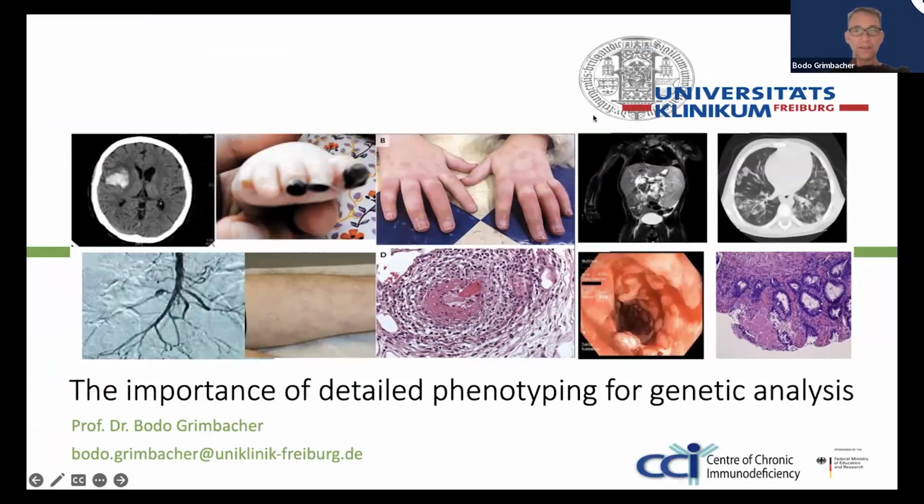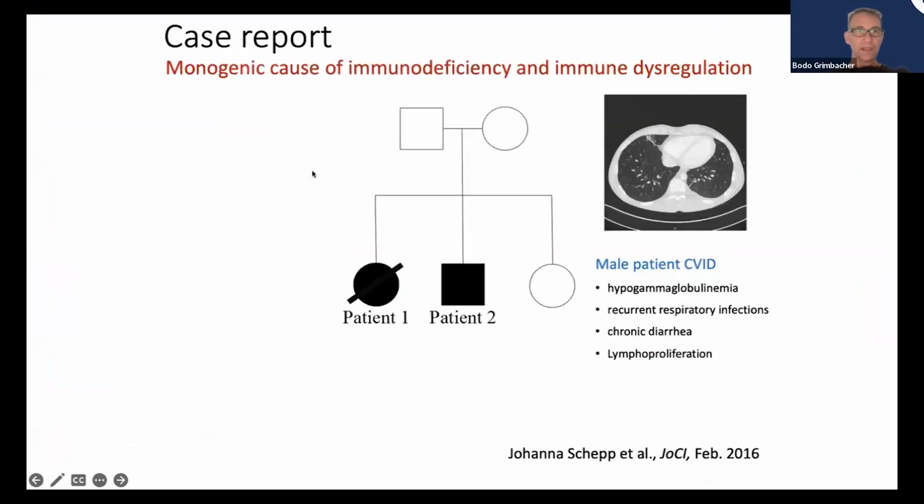So my topic is to talk about the importance of thorough phenotyping of cases to interpret the genetic results correctly. My case is the CVID patient, typical CVID, hypogammaglobulinemia, recurrent infections, upper respiratory, chronic diarrhea, and lymphoproliferation. However,